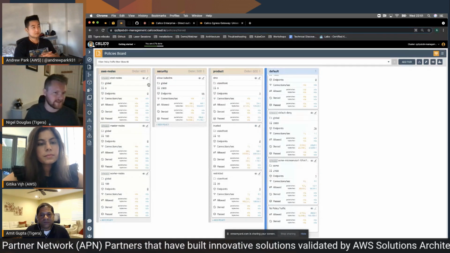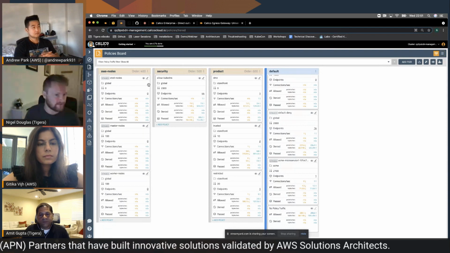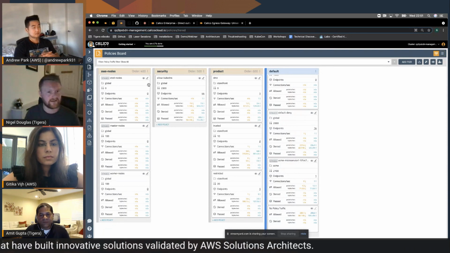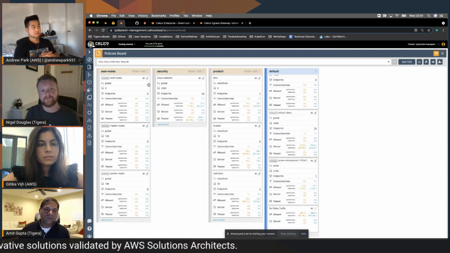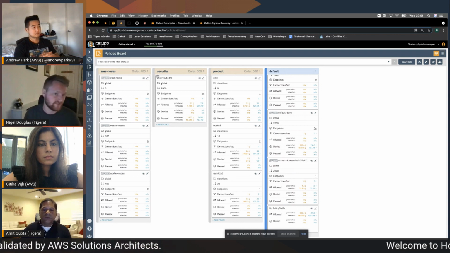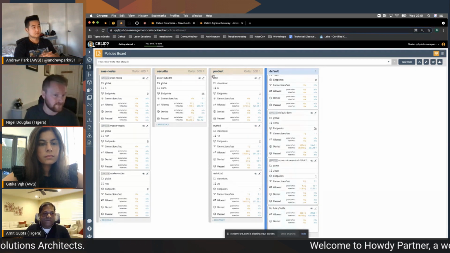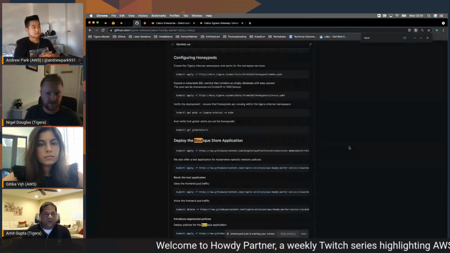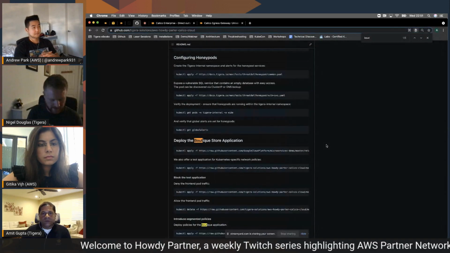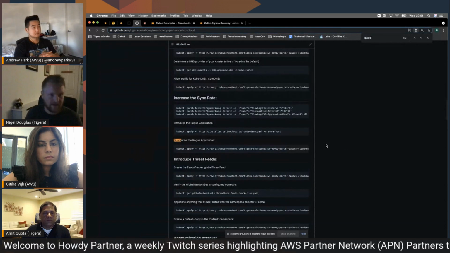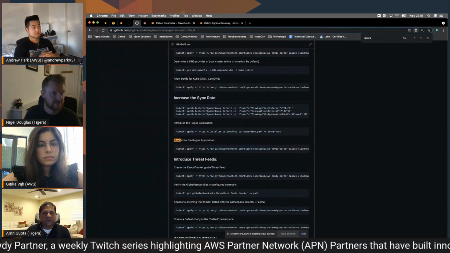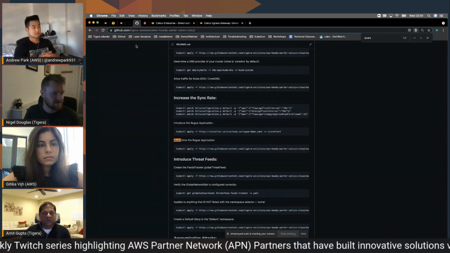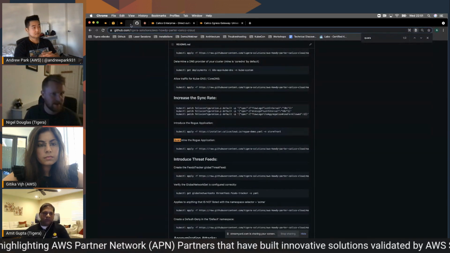A lot of organizations talk about the shift left idea, making security ops come before DevOps. So I've ordered my security tier before product. Now I'll introduce a policy. I'm going to look for quarantine, and apply it so that it's a security best practice before any other traffic is allowed.